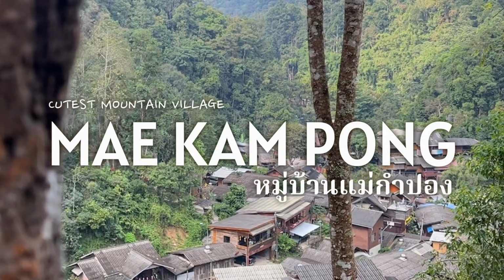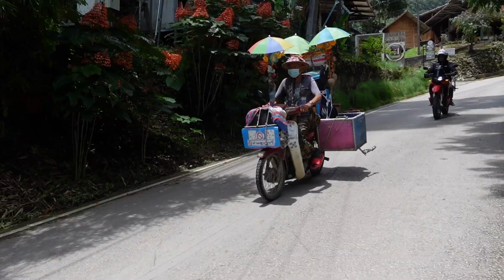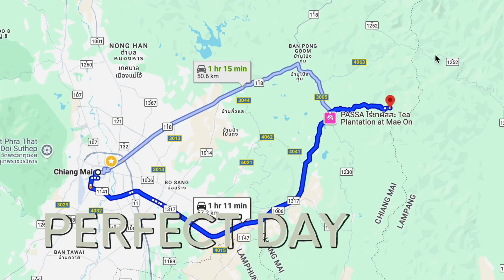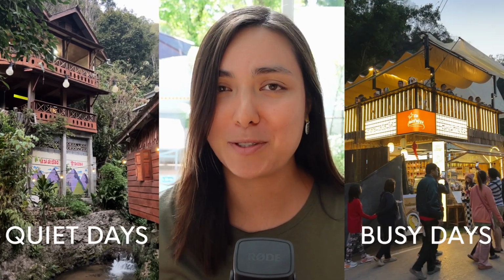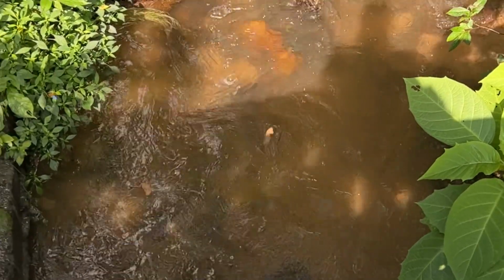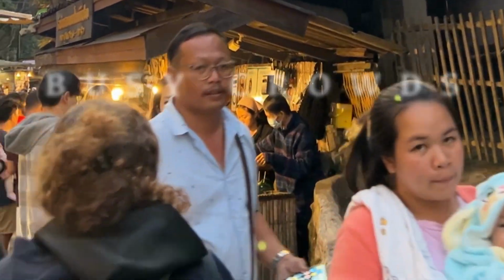Mae Kampong is the cutest mountain village that you'll visit when you come to Thailand. And it's a great option for a day trip from Chiang Mai because it's only 1 hour away. I've visited Mae Kampong 4 times already, and every single time it was beautiful. I've been on days when it was crazy busy, but also on days where it felt like we were the